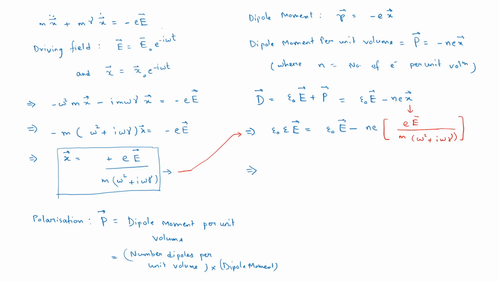Now what we need is, so here we see an epsilon naught, right? So what we'll do is we'll divide and multiply with an epsilon naught over epsilon naught, so that we can cancel all the epsilon naught from all the sides. And the electric field E here is common. So what we have is, if we take